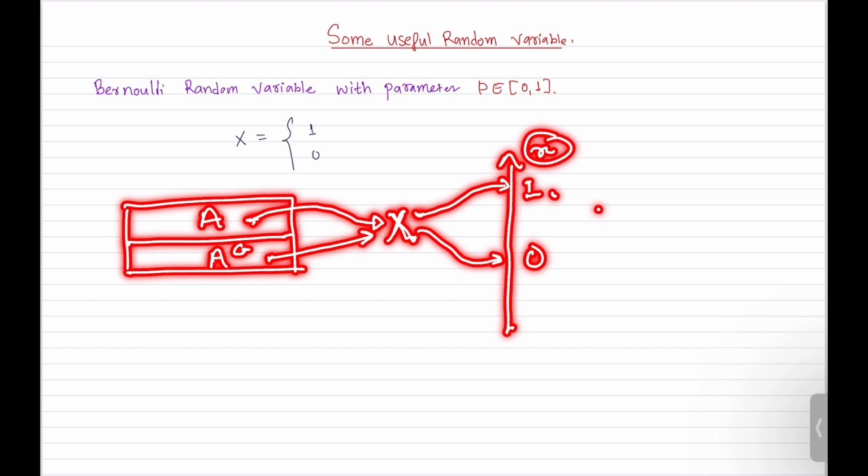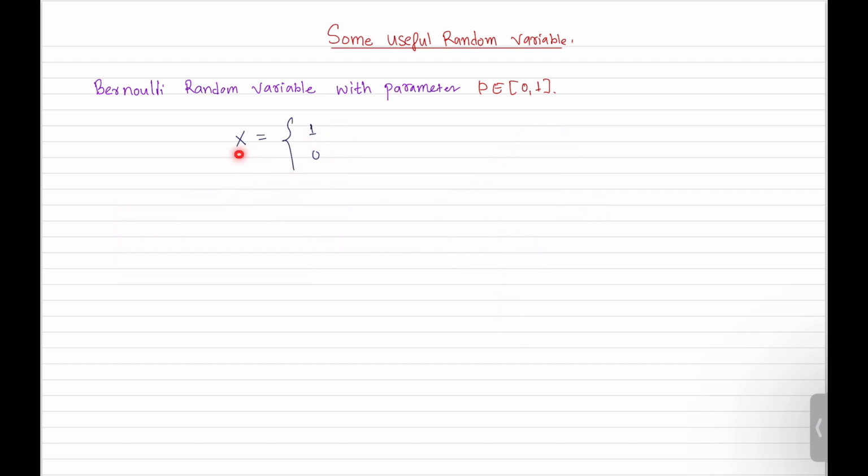Right? Now, what was our question? Our question was that we were discussing that x will take the value 1 or x will take the value 0. What does it mean? That means if I tell you that x will take the value 1, then I have told you that event A has occurred. And if x takes the value 0, I have told you that event A complement has occurred. So here, if I am telling you that a random variable is taking some value,